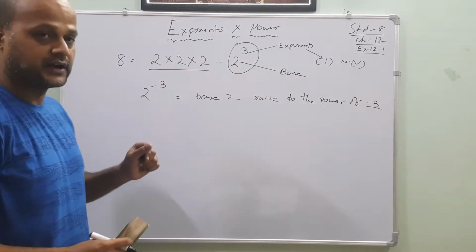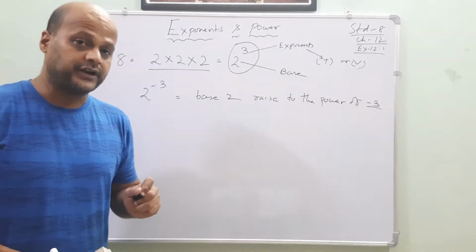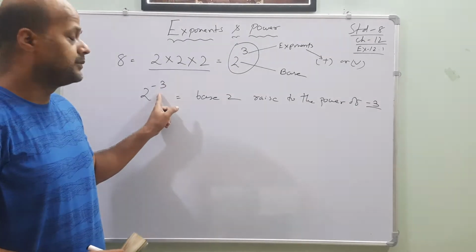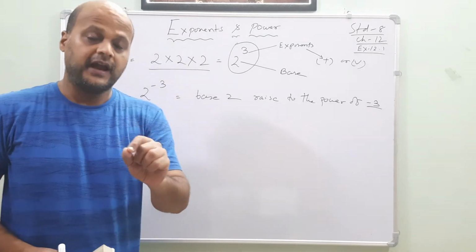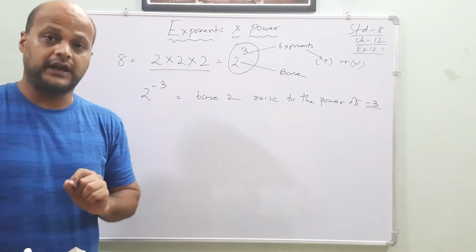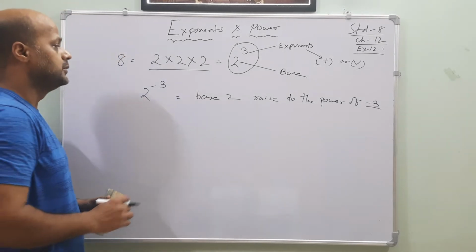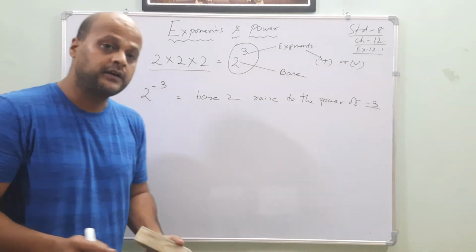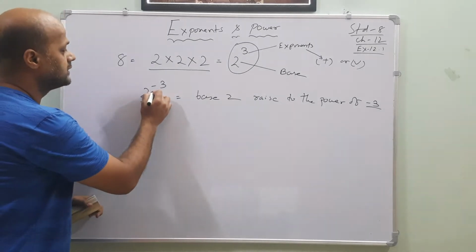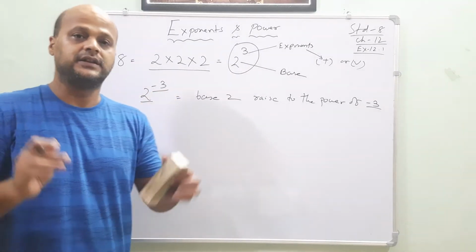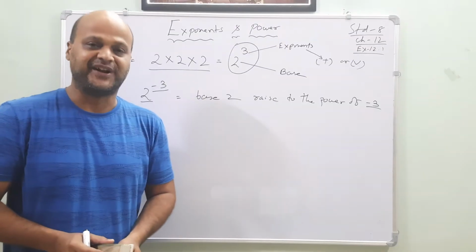So here the question is coming as, what is the value of the exponent? The value of the exponent is minus 3, or you can say that the value of the exponent is 3 and it is a negative exponent. Understood my dear friends? Again the question asking, what is the base here? The base is 2. What is the power? The power is minus 3. Understood, my dear friends? The definition of exponent and power. Okay, very good my dear friends.